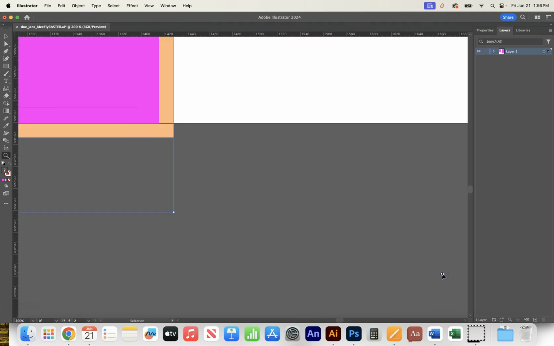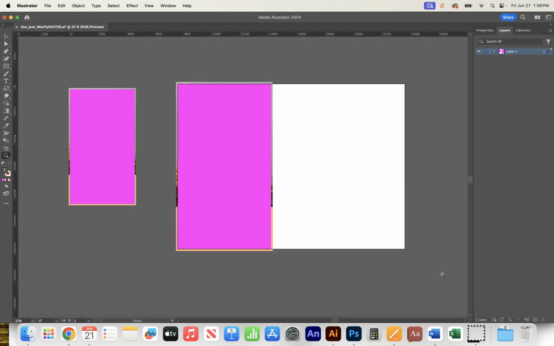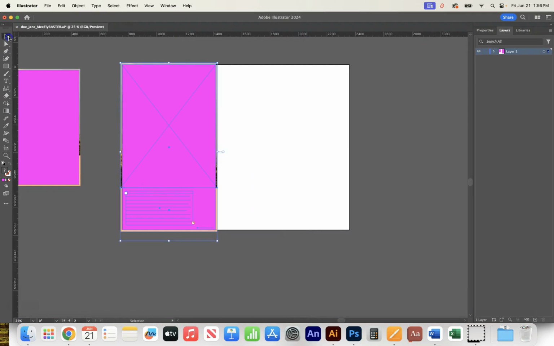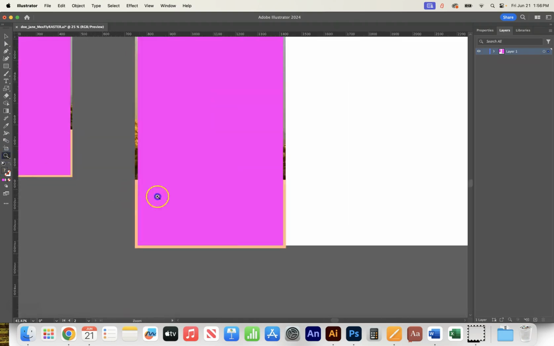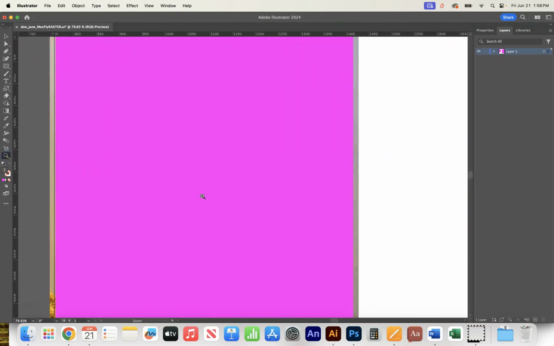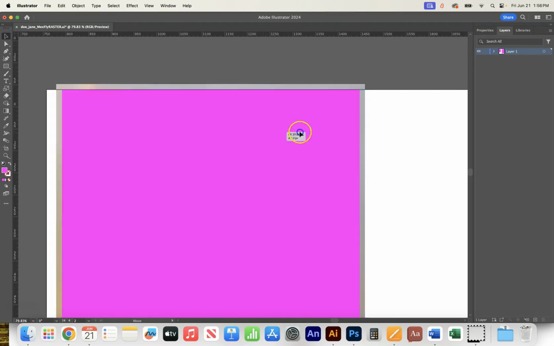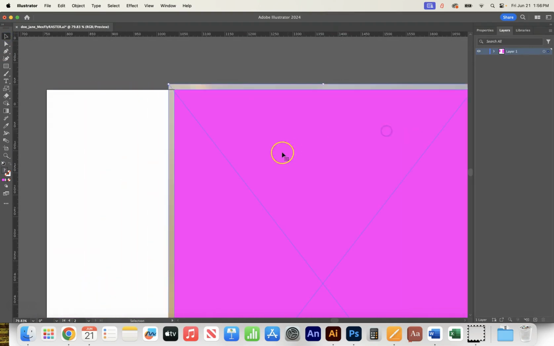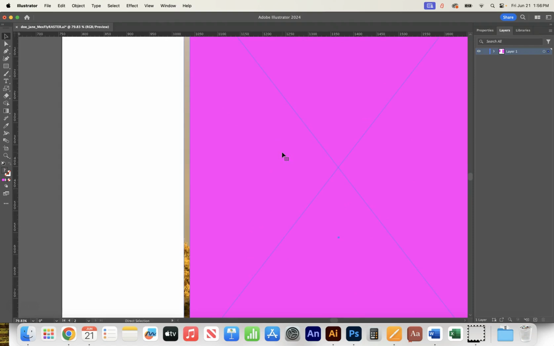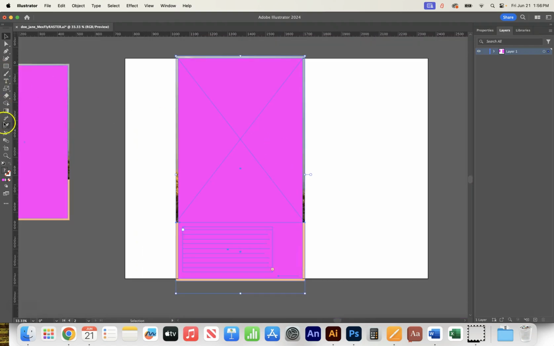So back here in Illustrator, I'm going to command minus out a little bit. And the idea here is that we now want to change the artboard so that in this case, with it being taller than it is wide, I now need to change the artboard so that it touches the pink on each side. And just to make that a little bit easier, I'm just going to move this over a little bit, holding down the shift key so that I can see what's going on both the left and the right of the artboard. So I go to the artboard tool